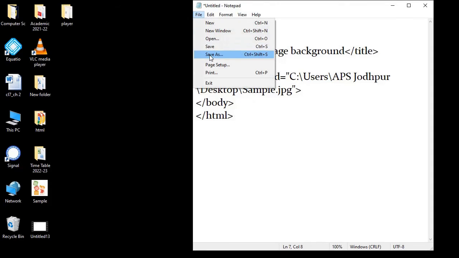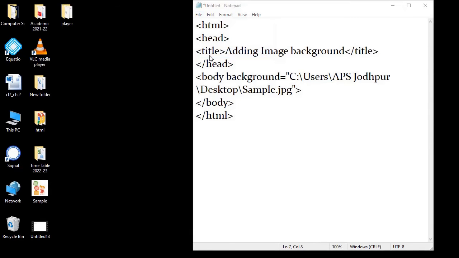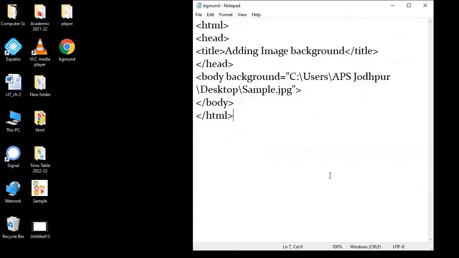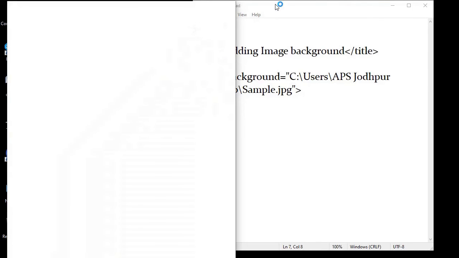Now when we save it, you all remember that we have to give the name and .htm or .html as an extension. So I am saving it on my desktop with the name background and .htm as the extension. So you can see it has come on the desktop. We will double click on this to open the file in the browser.